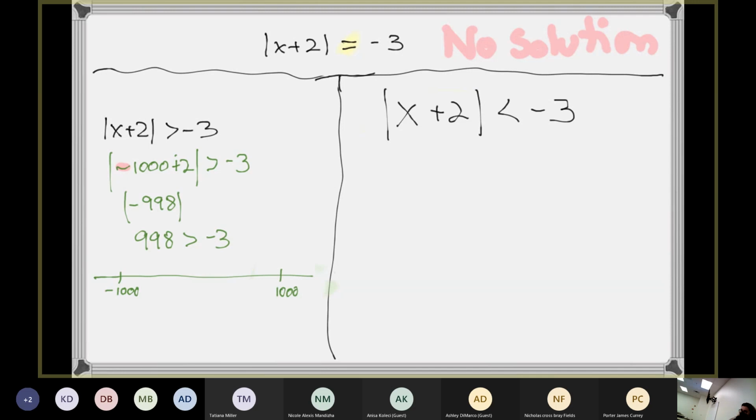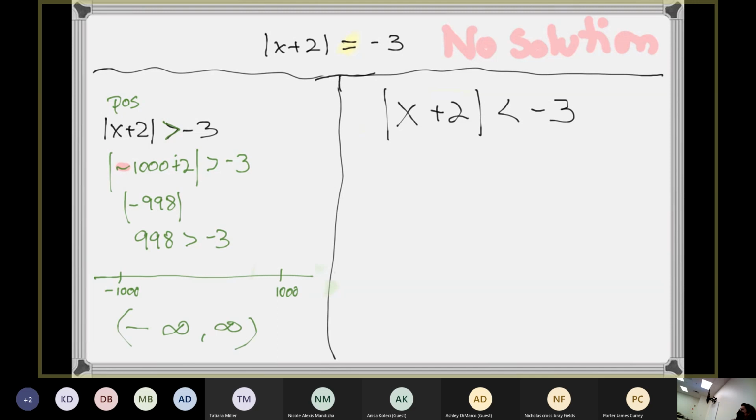Whenever you simplify something from an absolute value, what is the sign of that number once you take it out of the absolute value? That's always positive. So this will always be positive no matter what when you simplify it. Isn't a positive number always greater than negative 3? Yep. So the answer here, if we have a greater than negative 3, is all real numbers, negative infinity to